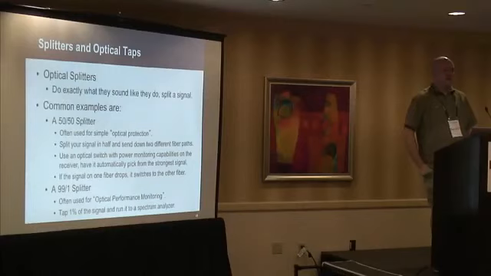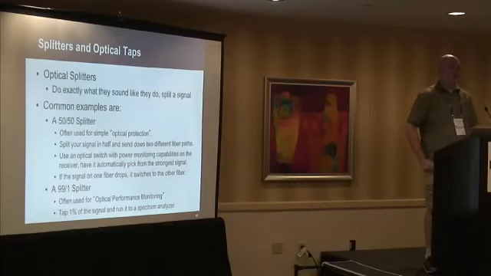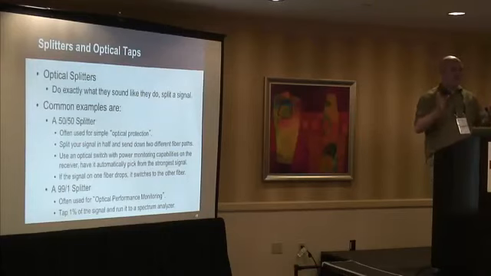Say you've got two diverse dark fibers and you want to be able to use both of them, but you don't want to pay all the investment necessary to fully light these things both ways. What you can do is split the signal in half, send it down both, and then on the other side you've got a device that purely looks at optical receive level, and if it loses the light because of a fiber cut or something, it switches to receiving the other one. So for a 3 dB hit, you've now got instant protection. You can use a very cheap system to protect hundreds, thousands of channels, potentially millions of dollars worth of stuff,